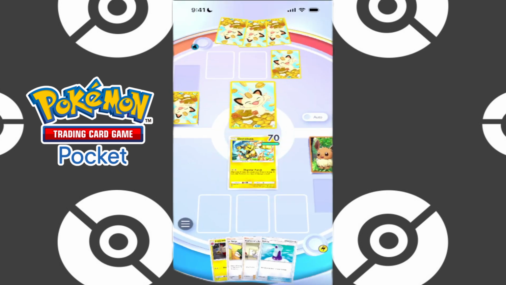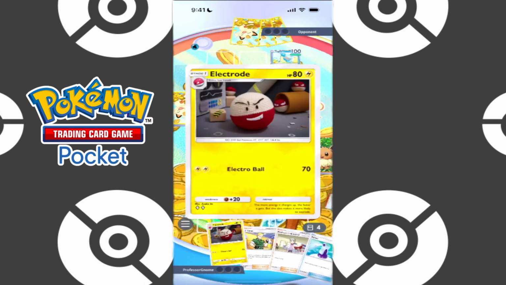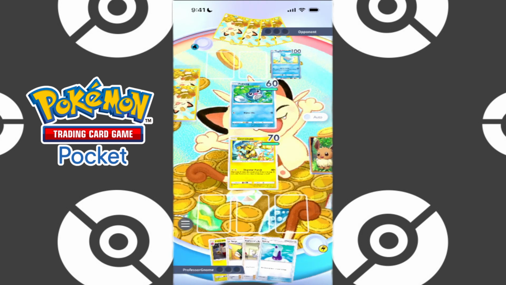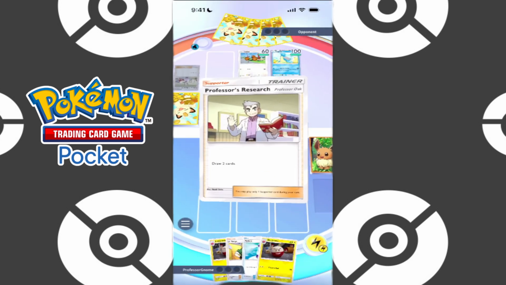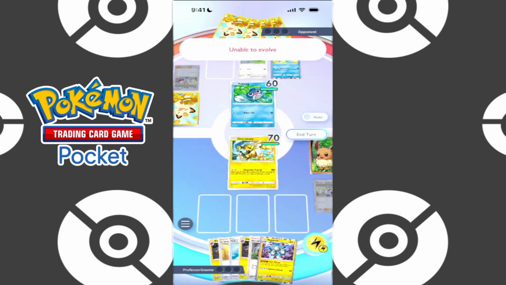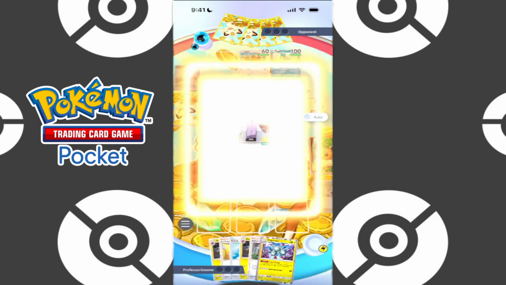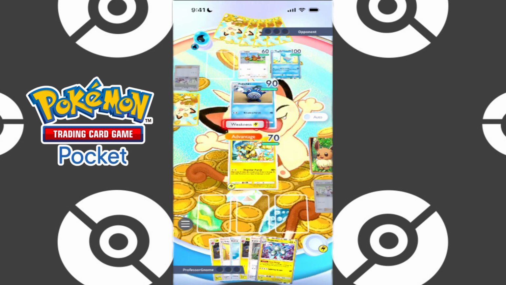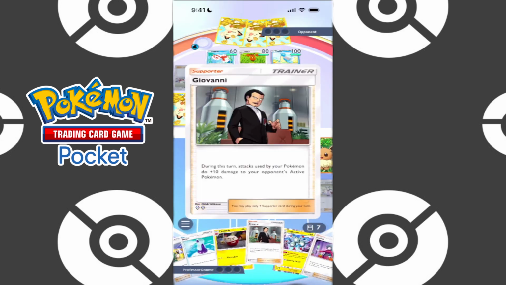We open Electabuzz, which is good as our early damage. We have our Professor's Research as well to help us draw a couple cards. We have double Electrode, which is not really optimal, but it's not that big a deal. We draw Giovanni and Magneton, so nothing that we really want in our hand. This is the problem with playing a deck like this, where it is a little bricky. It plays multiple Stage 1s, and obviously if you have Jolteon, you can cut a lot of this stuff out. Unfortunately for me, I don't have Jolteon, so I have to play a more cumbersome style of the deck. I could go Sabrina here